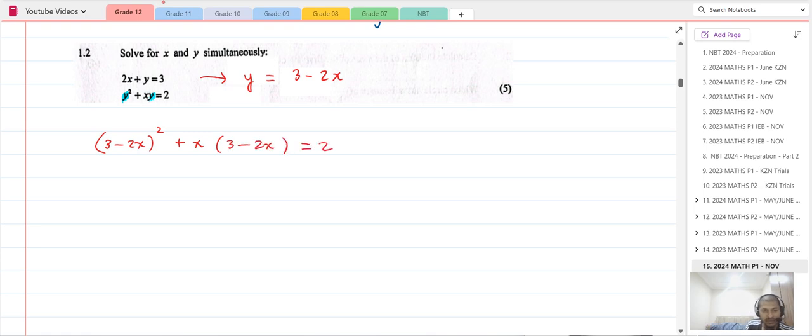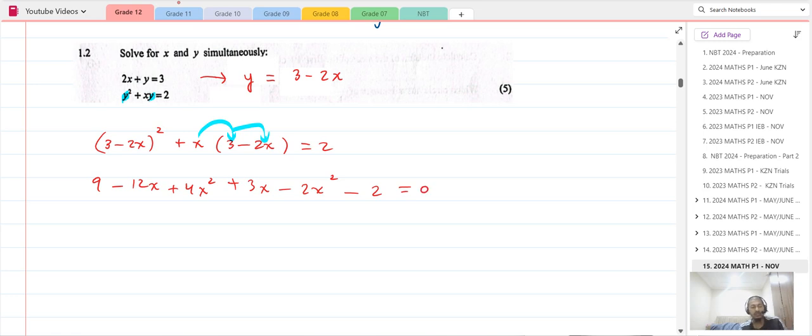Now squaring this binomial, you'll get 9 minus 12x, because minus 2x times 3 is minus 6x times 2 is minus 12x, plus 4x squared, right? So that is sorted out. Now we take the x inside the brackets here, open them up, plus 3x minus 2x squared, bring the 2 over, minus 2 is equal to 0,